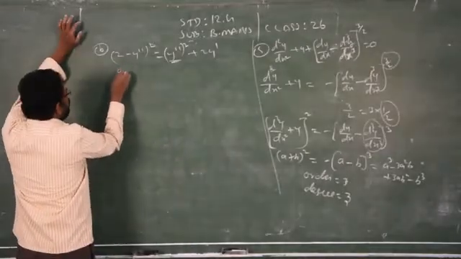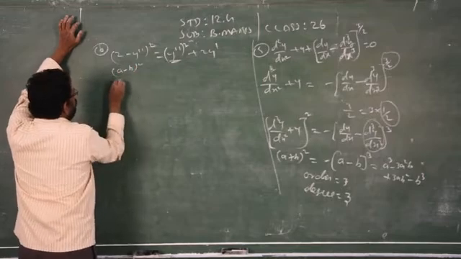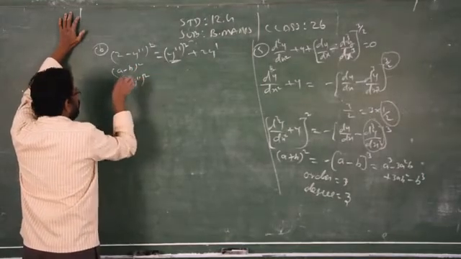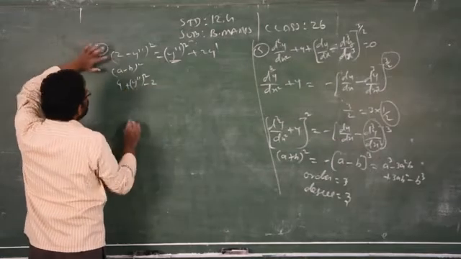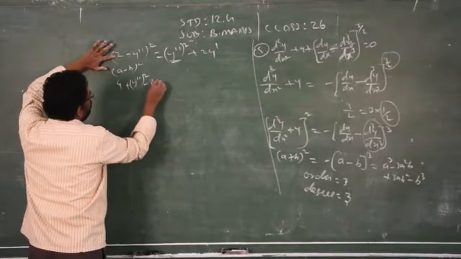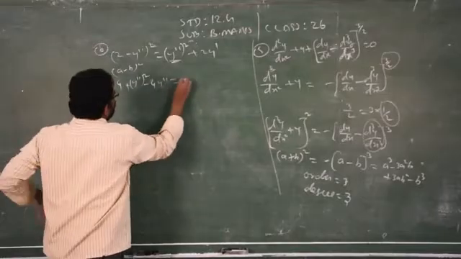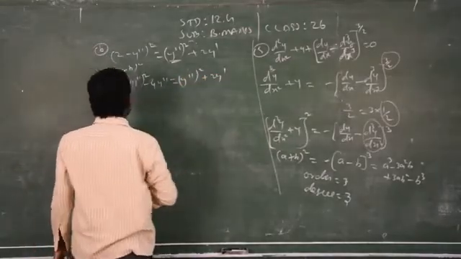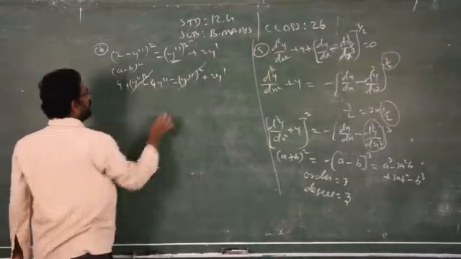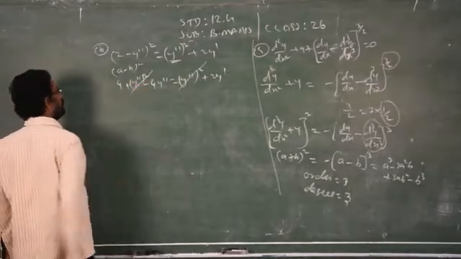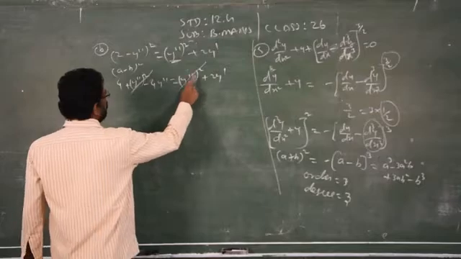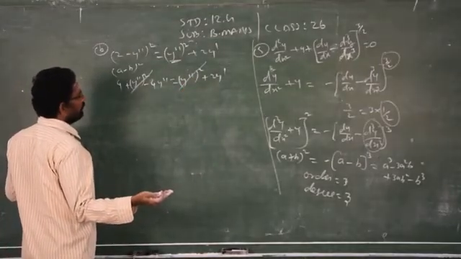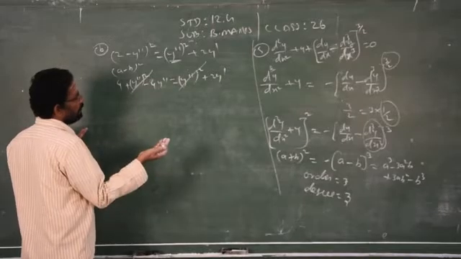So by using a minus b the whole square for 2 minus y double dash the whole square, a square plus b square minus 2ab, that is 2 2s are 4 y double dash, is equal to y double dash the whole square plus 2 y dash. See, these two you can straight away cancel, plus y double dash the whole square and y double dash the whole square. See now, if you write straight away the answer like order 2 degree 2, you will get a wrong answer.